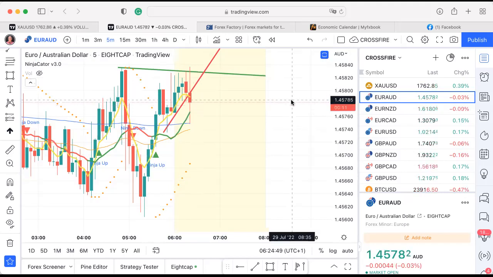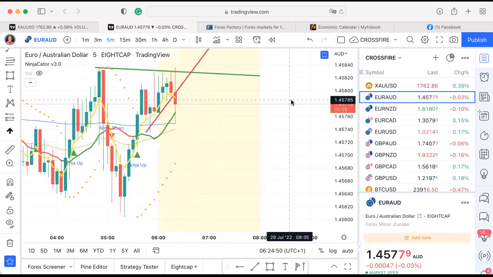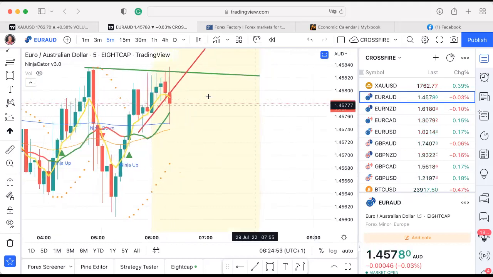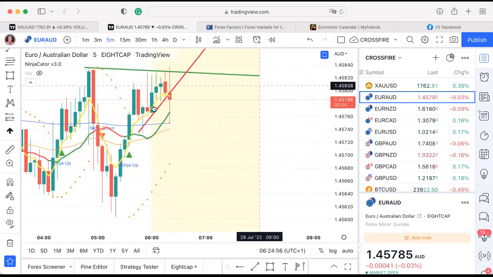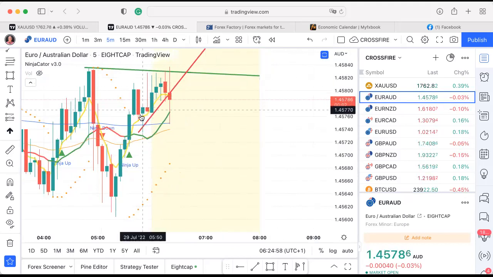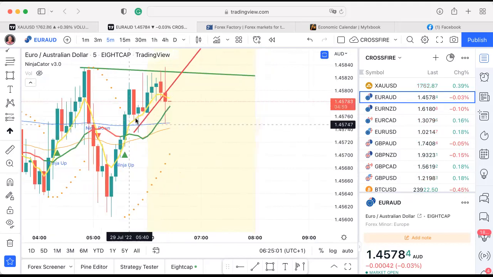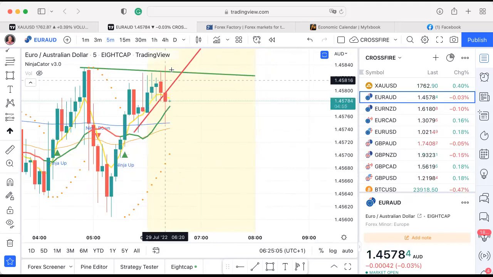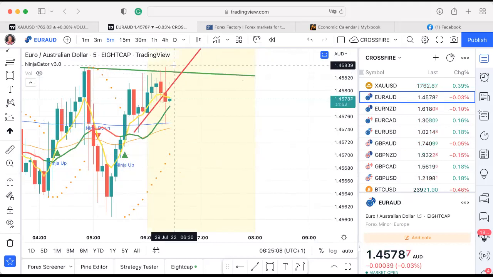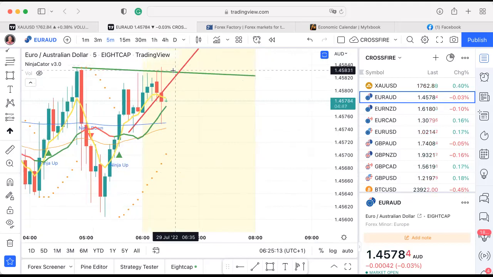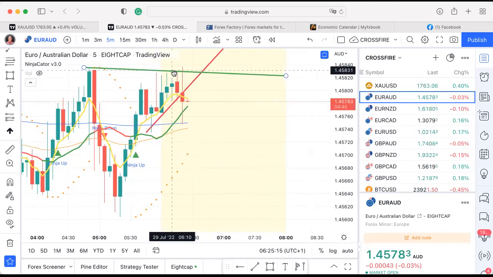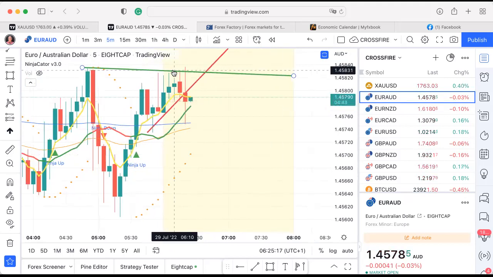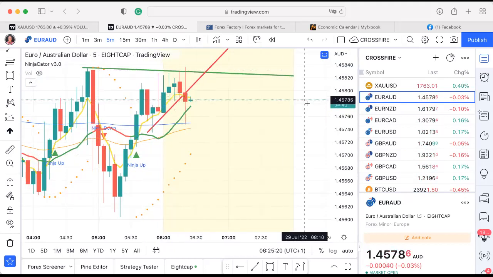I think it was Chris yesterday pointed out that he normally waits until 7 o'clock for a move, and I can confirm that is normally the case. If you're in a ninja up, the big move, the one that you want to be going for, will normally happen nearer to 7 a.m. than 6 a.m. But we start looking at them at 6 o'clock because sometimes you get an earlier move. But in general, it's normally 7 o'clock-ish.